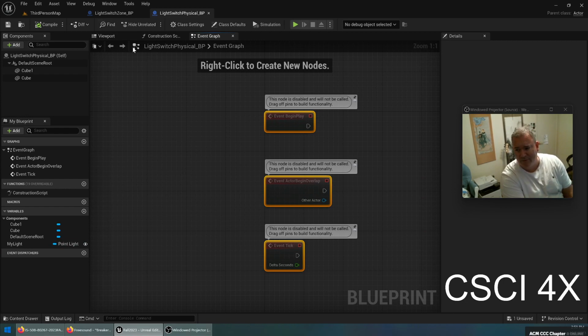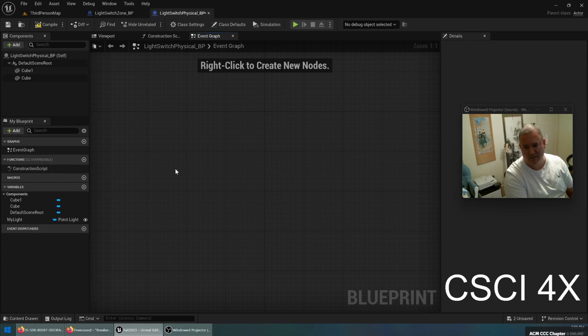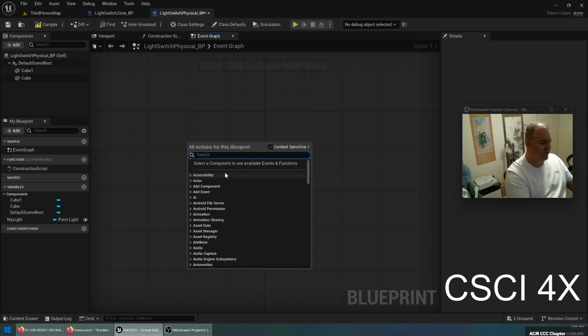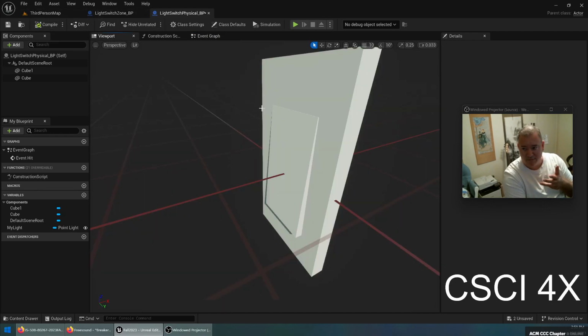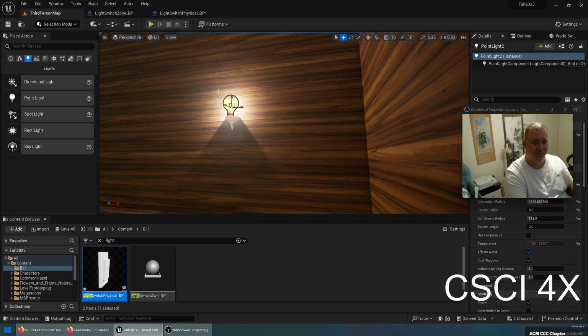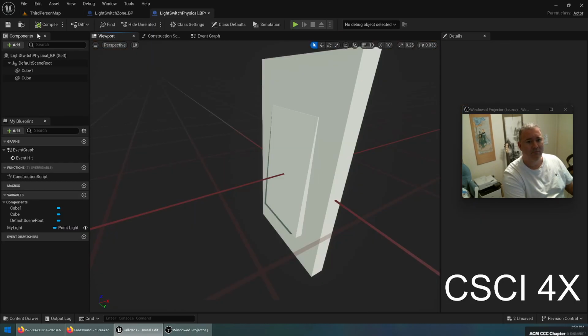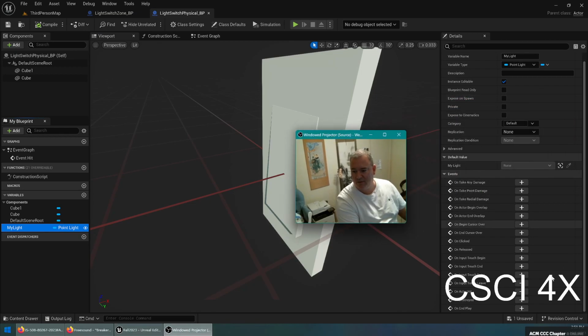In fact, we might have to if this thing is too hard to hit. It's so small, you might actually have trouble touching it, which can happen. So we could add a little box collision on it. But we're going to just try event hit. So basically, when the player walks up and bumps into this, then we are going to flip this switch here. So we're going to save it, compile it, and then we're going to come back out and see that